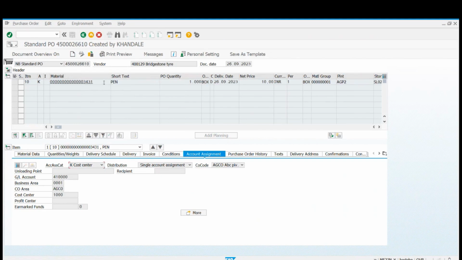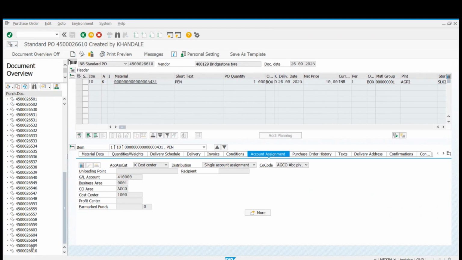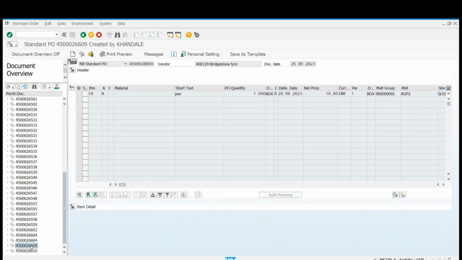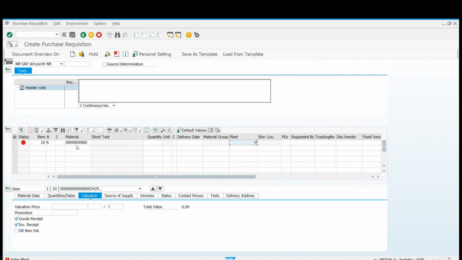Let me use this material that is created here. Okay. Copy the material. Account assignment category K, because again this is a consumable material.